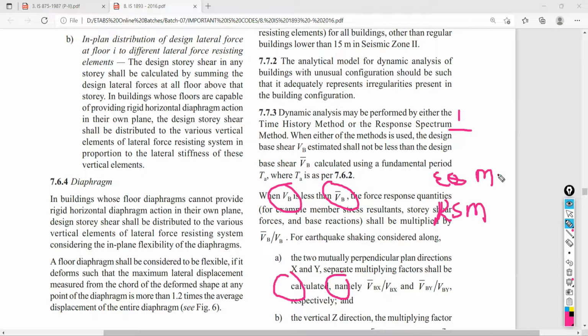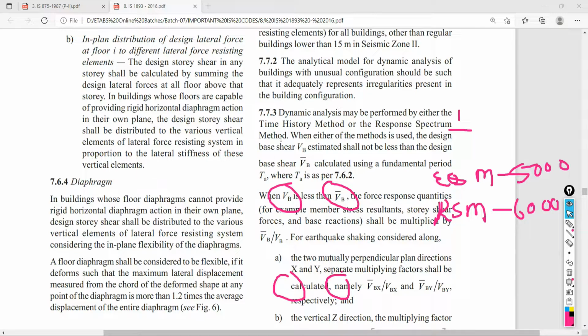In the equivalent static method, suppose the base shear you are getting is 5000, for example, and here you are getting 6000 in the response spectrum method, just for example.